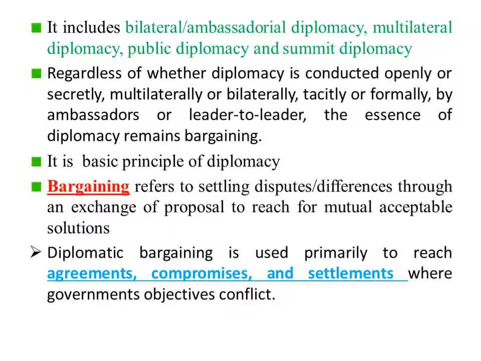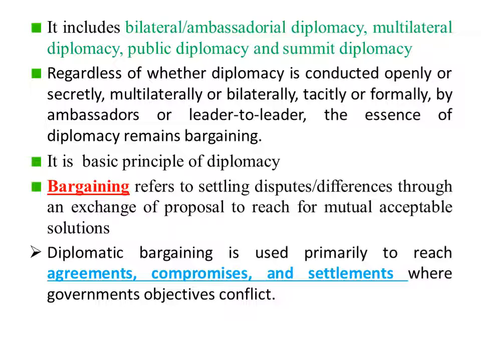diplomacy includes bilateral, ambassadorial diplomacy, multilateral diplomacy, public diplomacy, and some. This implies that there are different kinds of instruments and different kinds of diplomacy. Regardless of their variations, the essence of diplomacy remains bargaining, which means that diplomacy open ሊሆን ይችላል፣ close ሊሆን ይችላል፣ multilateral ሊሆን ይችላል፣ bilateral ሊሆን ይችላል፣ ብቻ any form of diplomacy ሊሆን ይችላል።